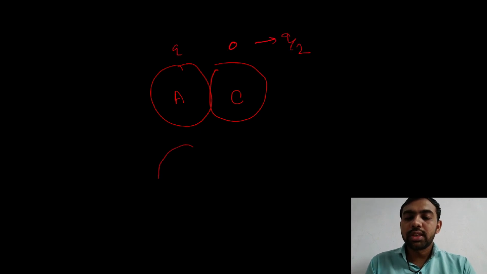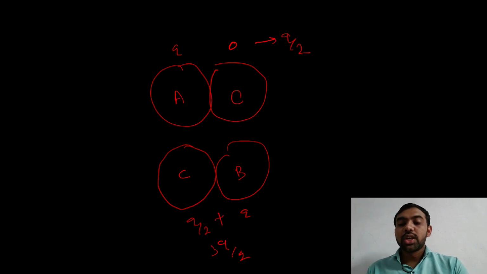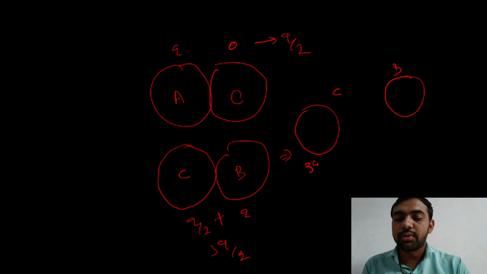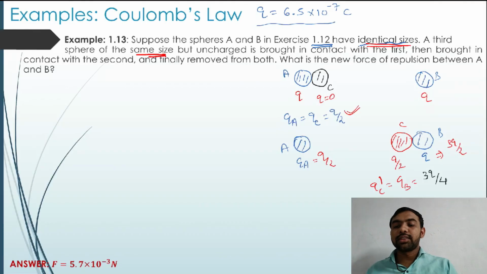देखो यहाँ पे you just consider like this, this is the A, this is the C. यहाँ पे Q चार्ज है, यहाँ पे 0 है, तो क्या हो जाएगा? Q by 2. अब भी C और B, C पे Q by 2 है, यहाँ पे Q है। ठीक है. तो यहाँ पे टोटल चार्ज कितना है? Q by 2 प्लस Q by 2 प्लस Q, 3Q by 2 है, तो उसको अलग कर देते हो आप C और B, तो दोनों पे हाफ चार्ज हो जाएगा. यहाँ पे 3Q by 4 आ जाएगा, क्योंकि वो कॉन्टेक्ट में थे तो ऐसा चार्ज डिस्ट्रीब्यूट होगा. मतलब new situation is like this, that is the final situation.